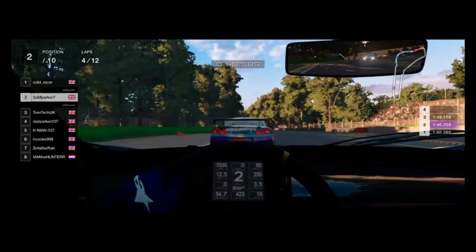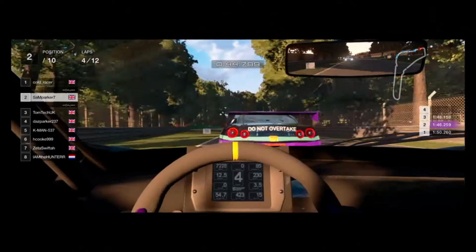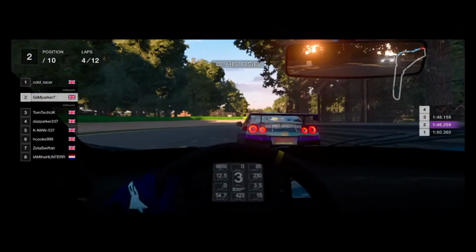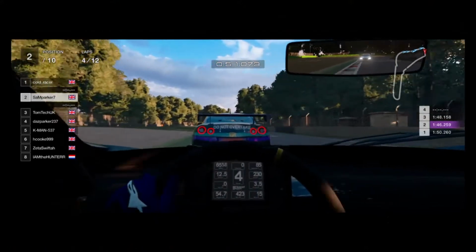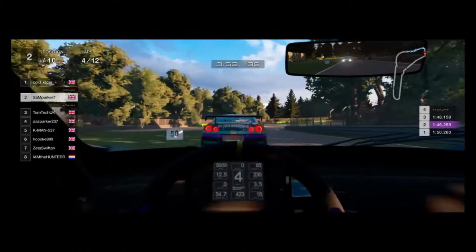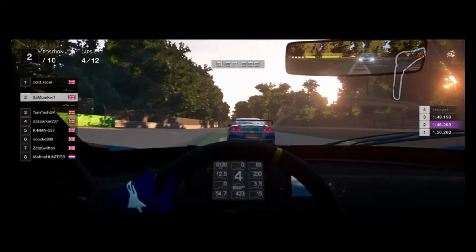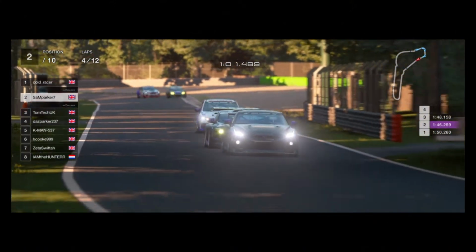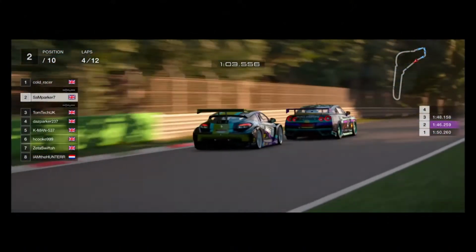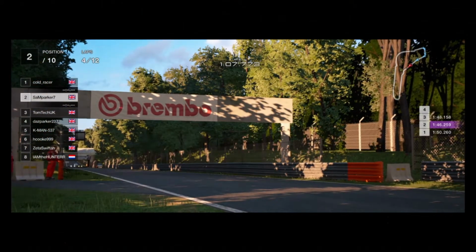Into the chicane, and Sam not quite able to get the exit. He's got a bit more power, but not enough to get past, and it's actually quite difficult to overtake here at Monza. Not the widest of tracks. And Tom just holding back and patiently waiting for the two to maybe make a mistake somewhere down the line,